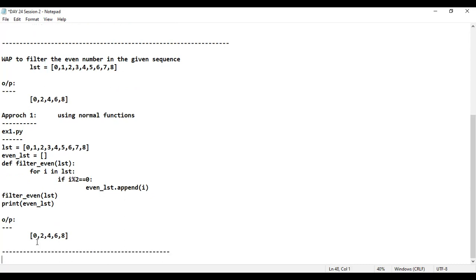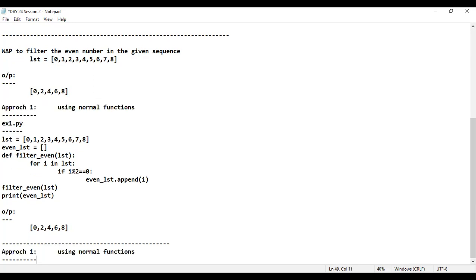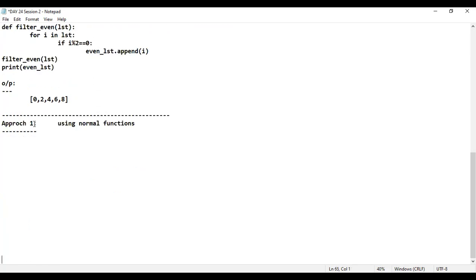All that you have to do is understand properly. I'll copy this and paste it here. Approach number 2, I will do using lambda functions. Here I'll use the filter function. That means usage of lambda function plus usage of filter function. Okay, sir, how to filter the data, sir? It is pretty simple.